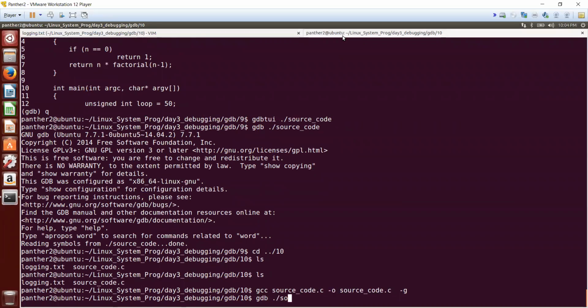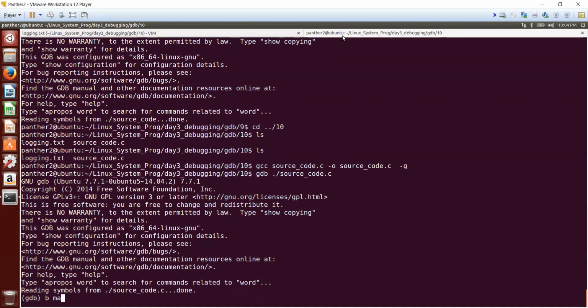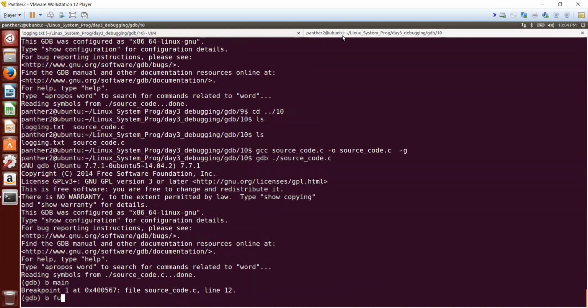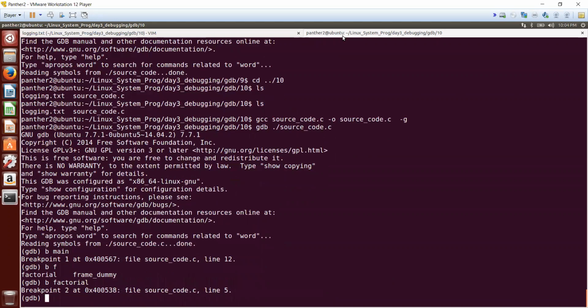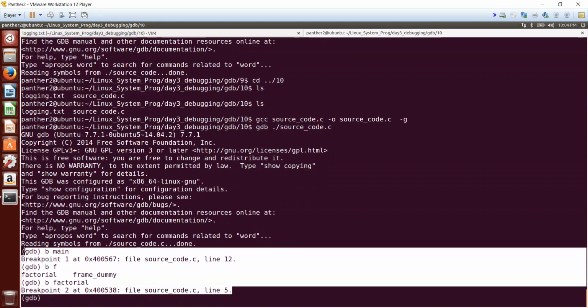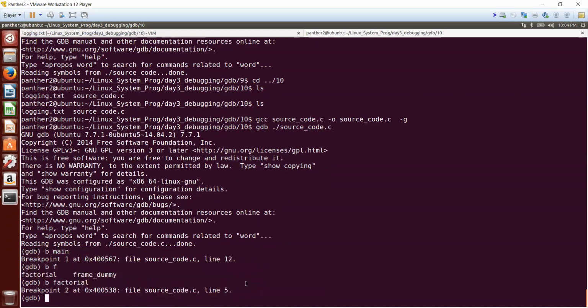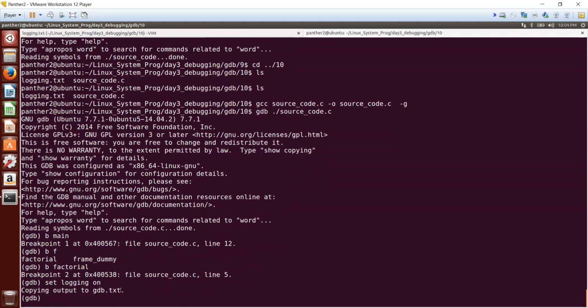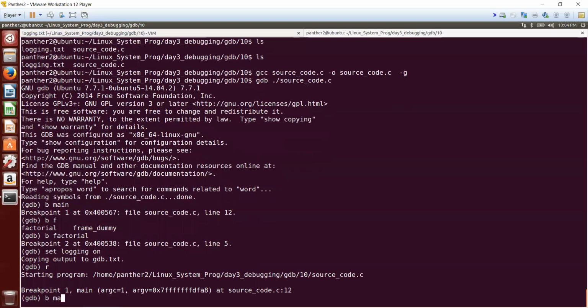So suppose I have this source code. I say gdb ./source code. I keep a breakpoint at main. I keep a breakpoint at factorial. Now if I want to save everything of these in a log file, I have to manually copy this with right click, copy, paste. Instead of that, I can say set logging on. Now everything is being copied to a file known as gdb.txt. Now I can run the code. I can do whatever I want. I can print the value of